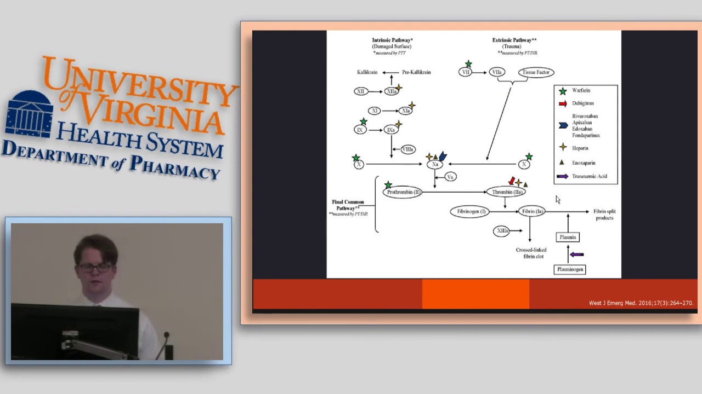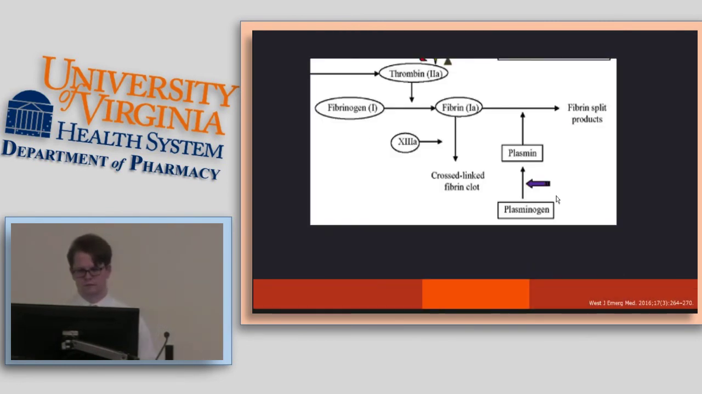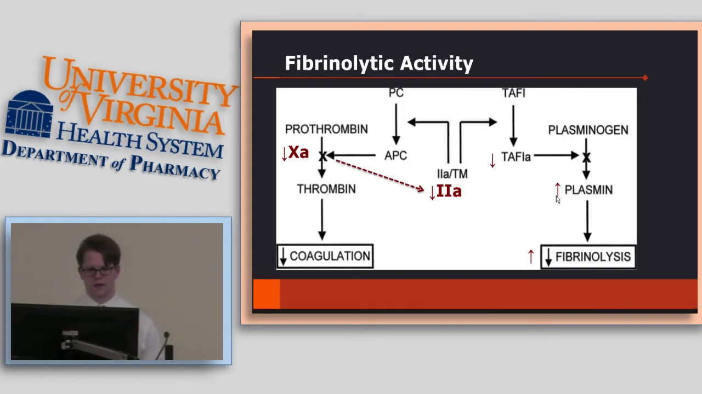So fondaparinux is an indirect inhibitor of anti-10A, and it prevents formation of the prothrombinase complex with factor V, which causes indirect thrombin inhibition. However, with fondaparinux, there's also additional antifibrinolytic activity. And so based off of that indirect thrombin inhibition, we can see issues with fibrin formation and subsequent issues with fibrinolytic activity, as seen here, where the reduction of thrombin causes